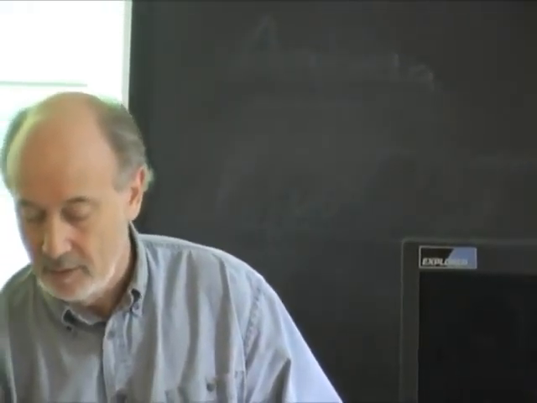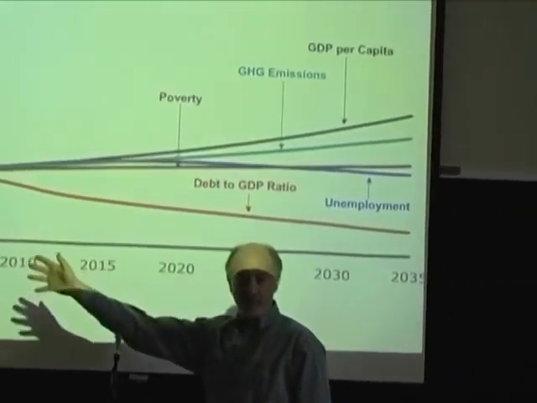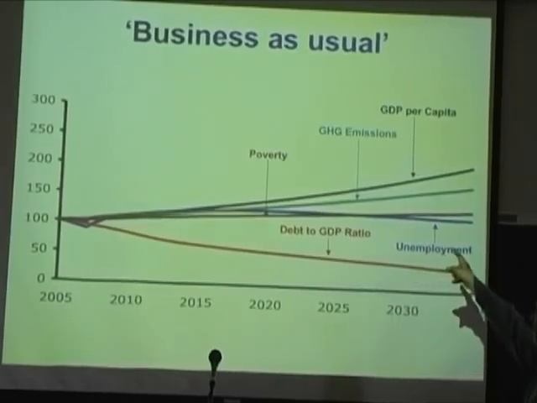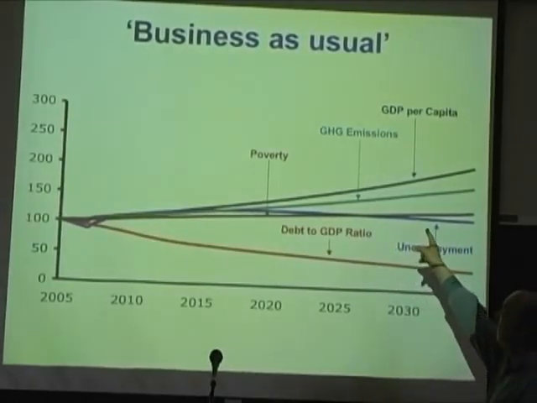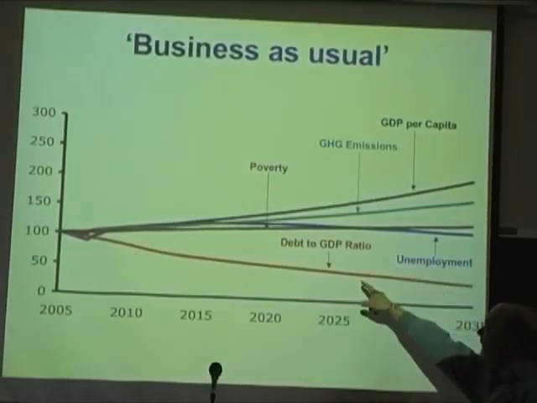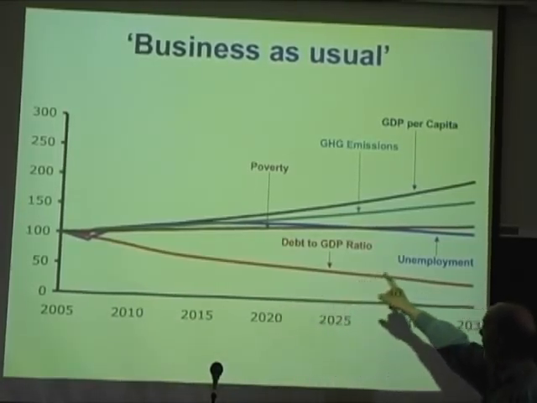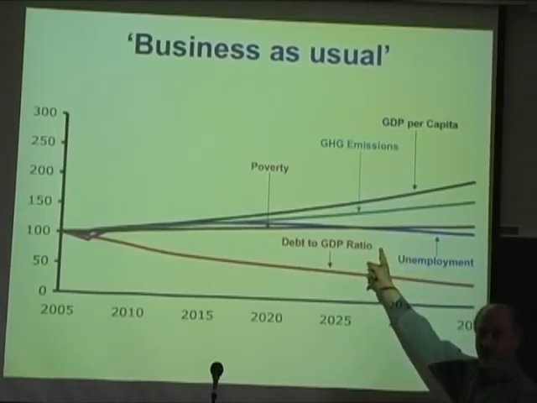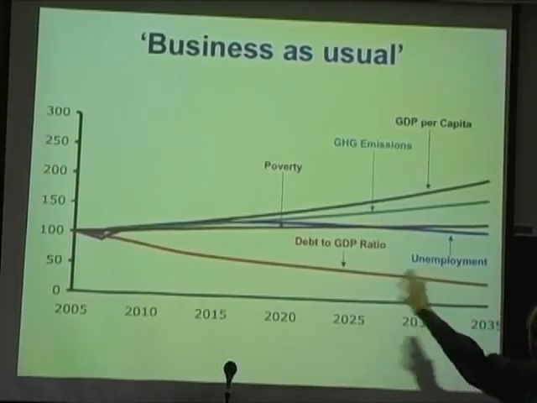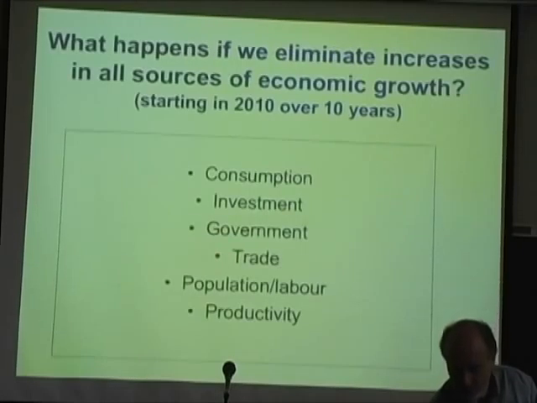So if you run the model and ask what would happen to the Canadian economy if it performed in the future, starting in 2005, pretty much as it had done in the previous 30 years, this is what it suggests. You get a steady increase in GDP per capita. You get greenhouse gases rising steadily, not as fast as GDP per capita, because of some efficiency gains. Unemployment goes up a little bit, comes down. The debt to GDP ratio declines. That was the track we were on before the recession. But the human poverty index, the UN's human poverty index, continues to rise, even with all that growth. More poor people in Canada at the end of it than at the beginning, but that is not a very happy record, and that's with business as usual.